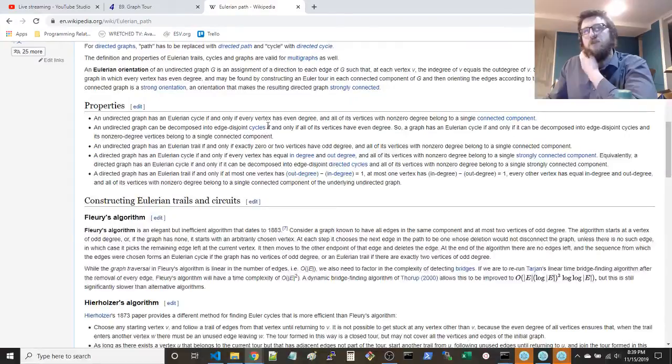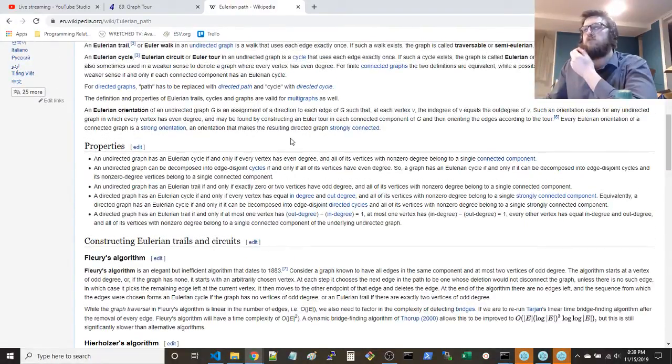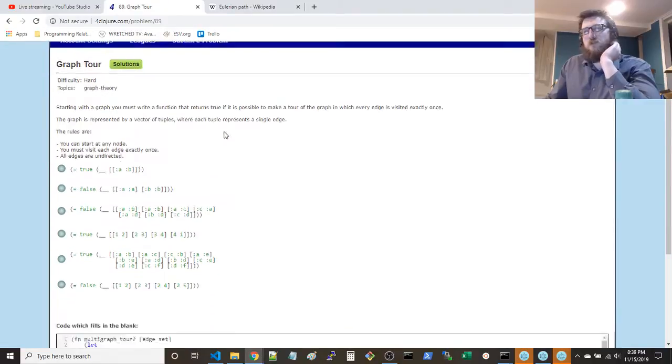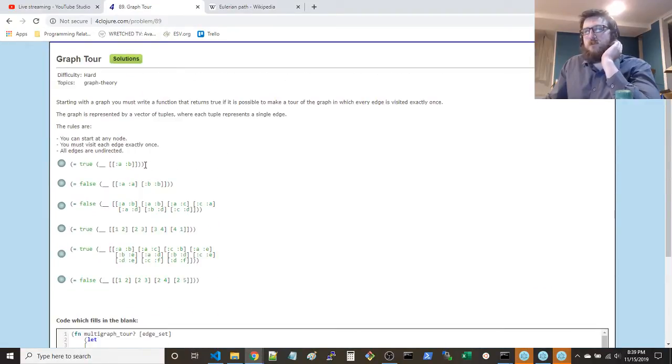Eulerian path, Eulerian cycle. Now, there was some mistake I made originally. What it comes down to is you build your adjacency graph, and then whether or not a set of points has an Eulerian path is a lot easier to determine than for a Hamiltonian path.